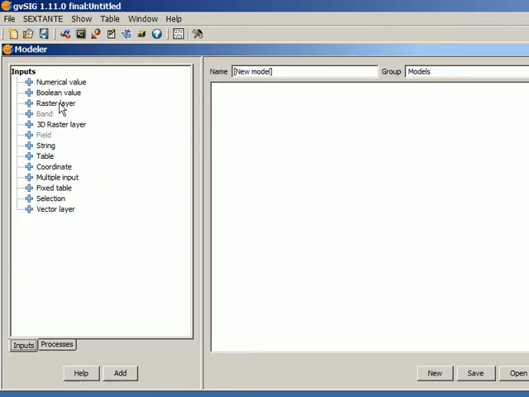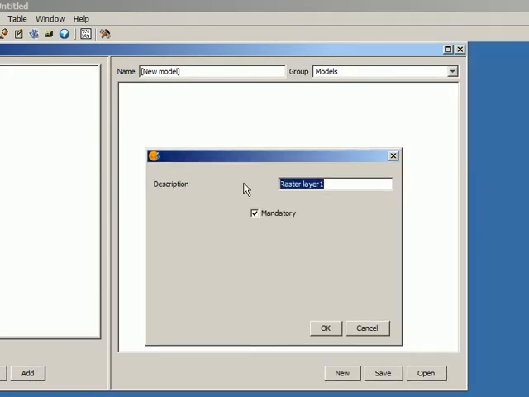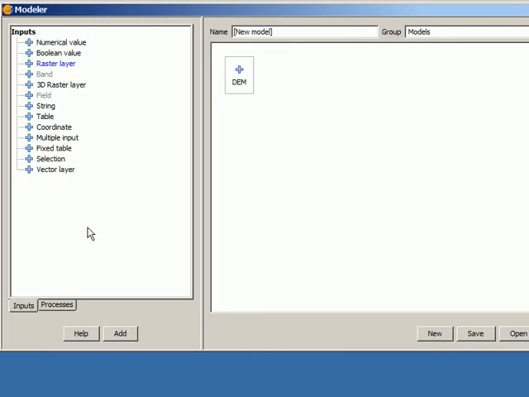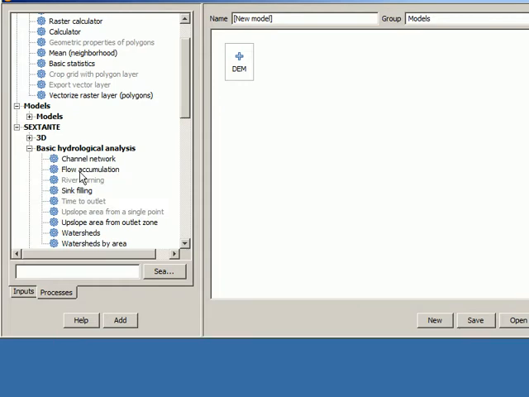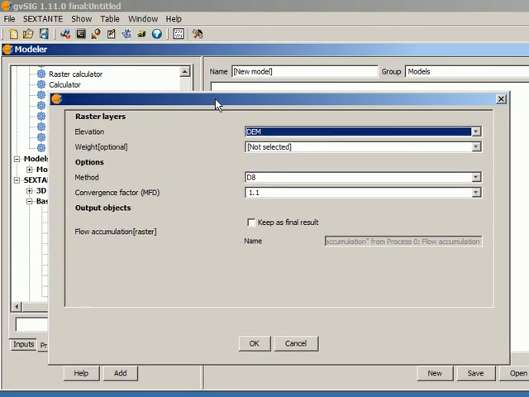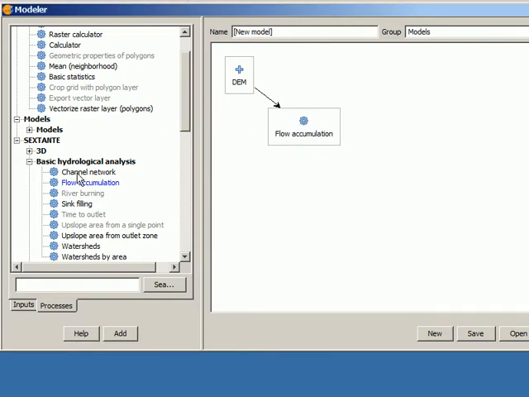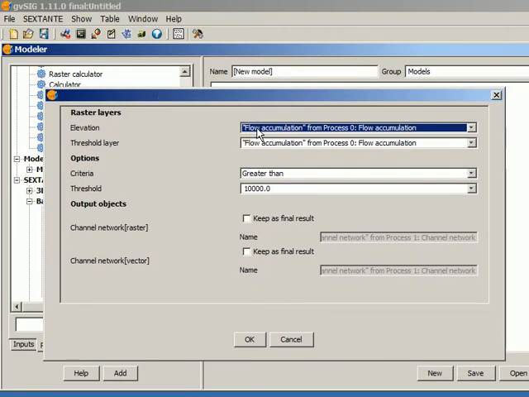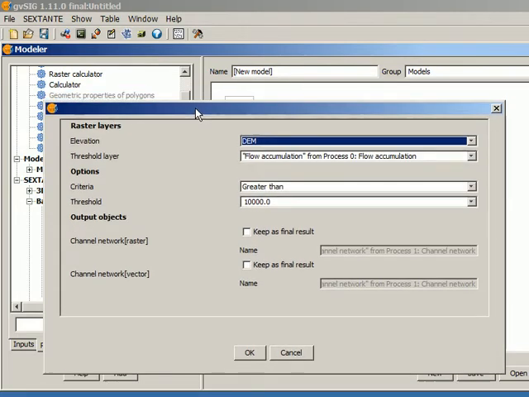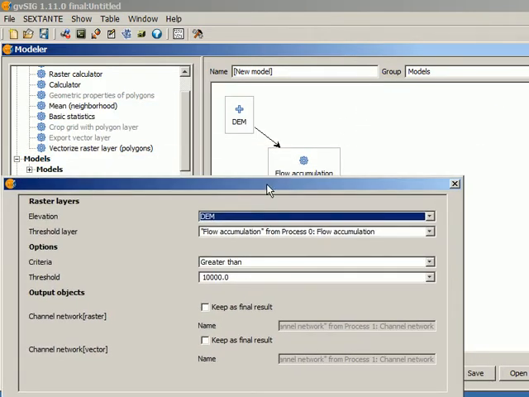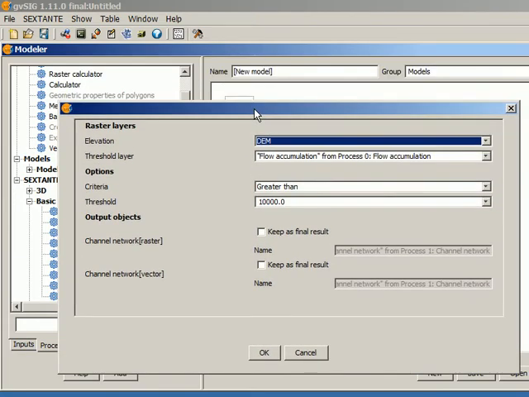I'm going to start this model with a raster layer, which is going to be a digital elevation model. And now I'm going to execute the flow accumulation algorithm. After that I'm going to execute the channel network. So what I want to do is to calculate the channel network based on the information from the flow accumulation layer. Select the elevation here and the flow accumulation here, and now I have to enter a threshold, which is a numerical value. Now I have just one option, which is to type directly the value in here, because I don't have any numerical input from the user,